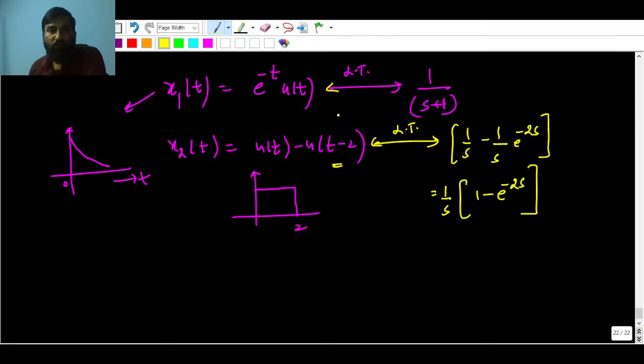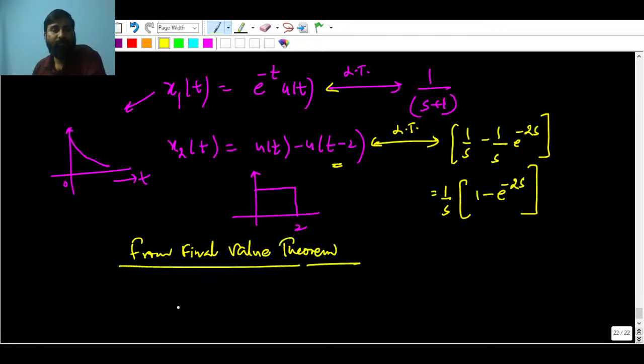Now you can take the product, because after all we will use the final value theorem, and from the final value theorem,